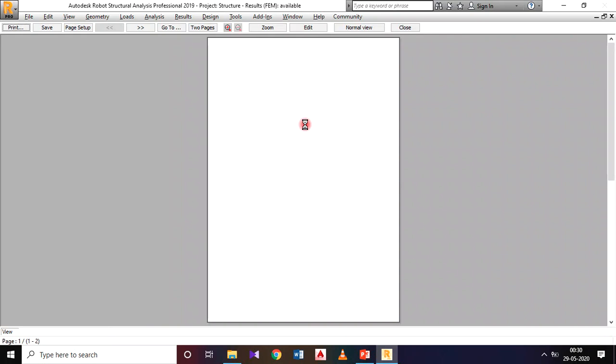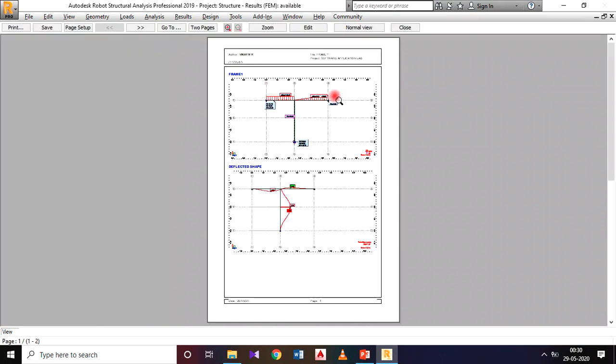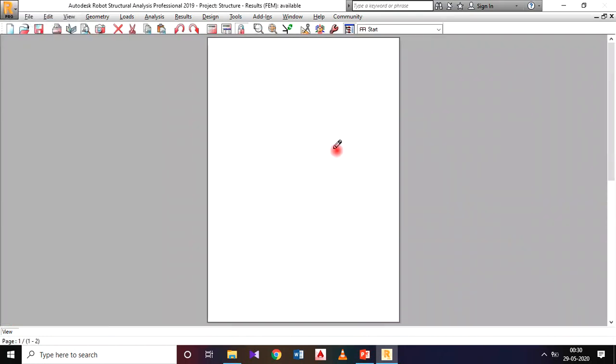Now I'm speeding up the video. Here to get the clear view of this image, click on the edit. So I got the symbol. Okay, so now I will click on this frame. Zoom it using the scroller of your mouse. Return to the preview.